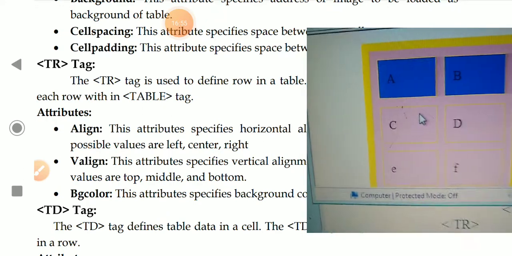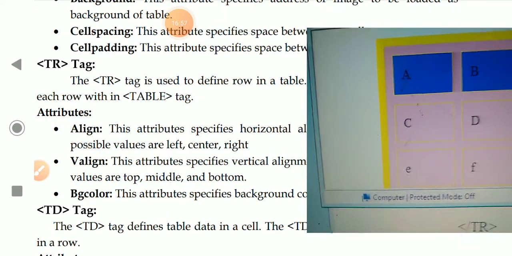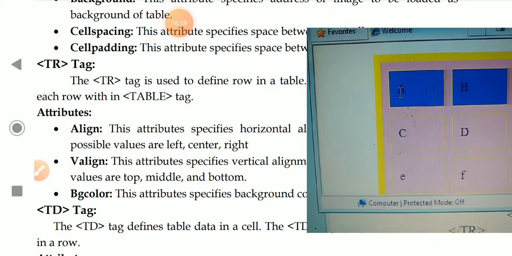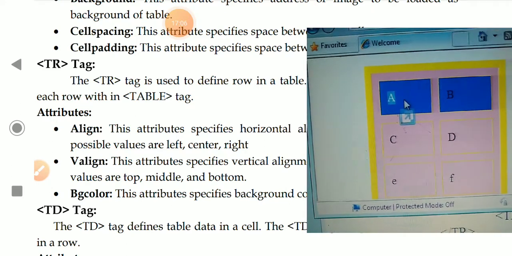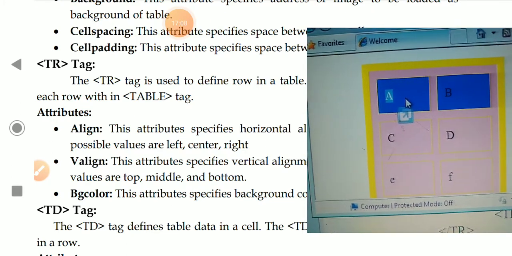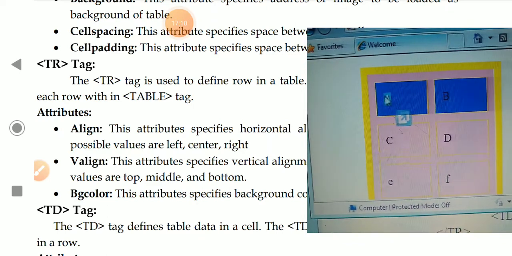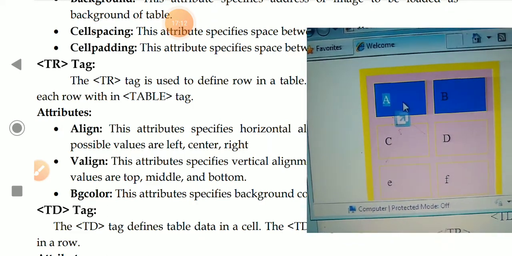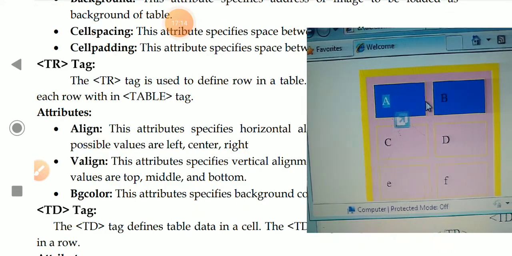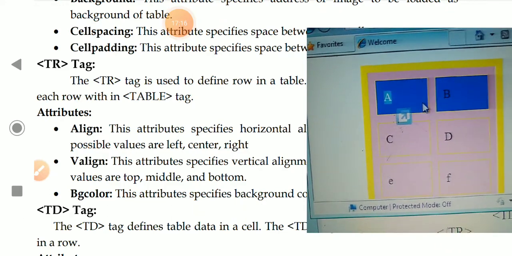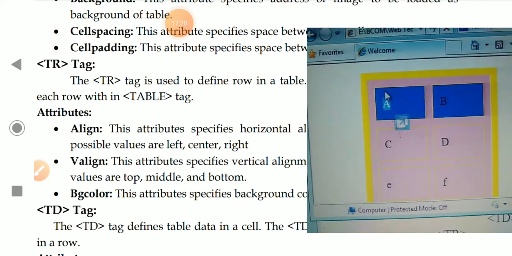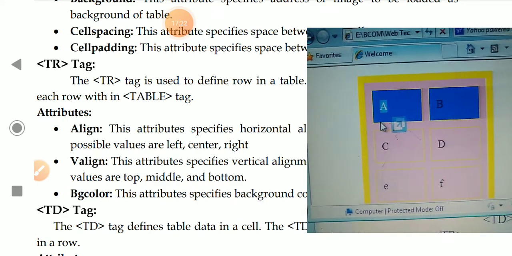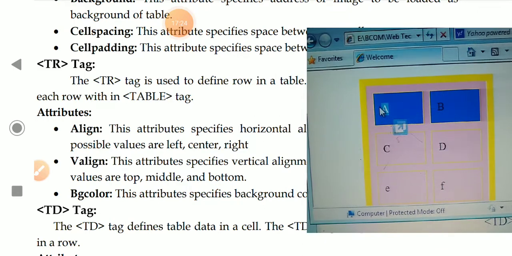The align attribute specifies the alignment of the text within a cell. For example, the letter A is there. By default it is on the left side; if you mention it, it will become center or right. That is the align attribute. The v-align attribute is vertical alignment, whether it is top, middle, or bottom, by default middle.